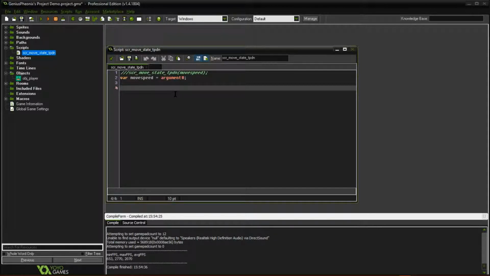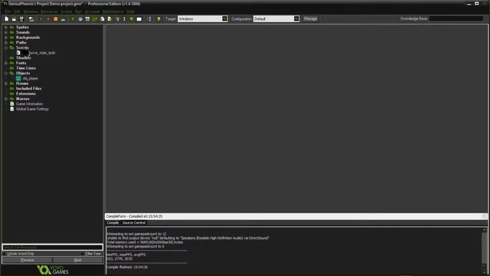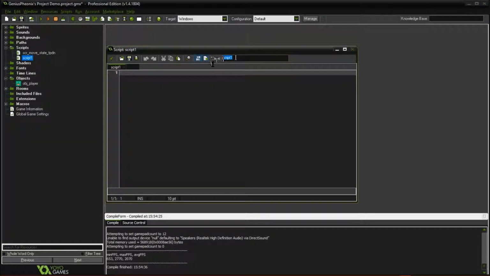set up some control keys, so for WASD or up, down, left, right, as sort of like the controls, yeah. So we'll go create new script, scr underscore get underscore input, and we'll say, we'll copy that quickly, Control C, // and we'll just leave it without any parameters for now,